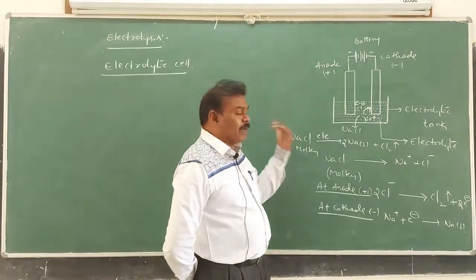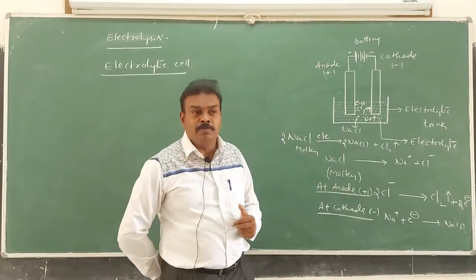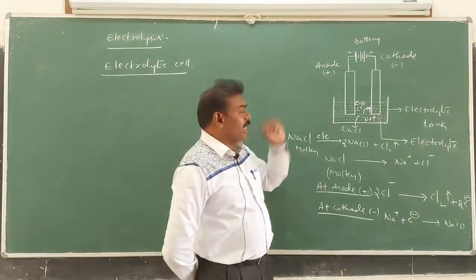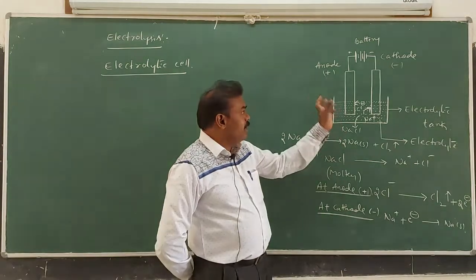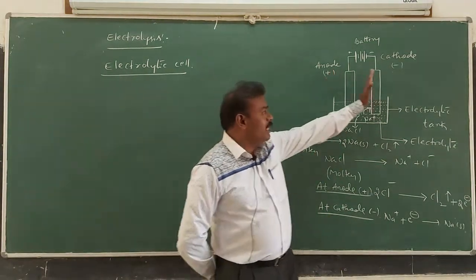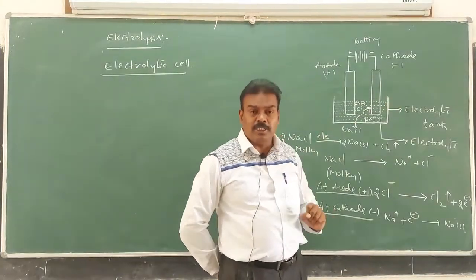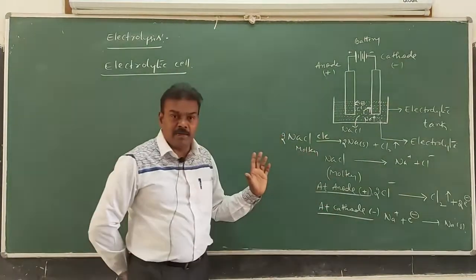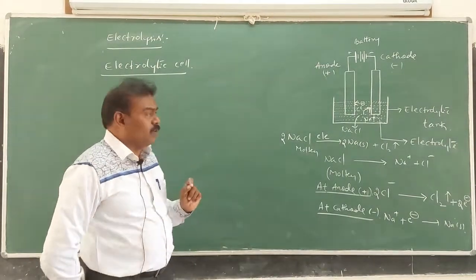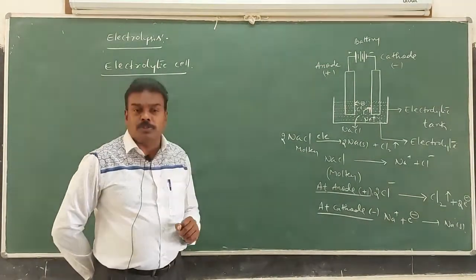Energy can be supplied. Electrical energy, how can it be supplied? Either by using an electrochemical cell or by using a battery, we can supply electric current. Then the various reactions take place. The reaction taking place at the anode is oxidation. The reaction taking place at the cathode is reduction. And finally, we get these kinds of compounds. So this is the important concept in the electrolysis process.